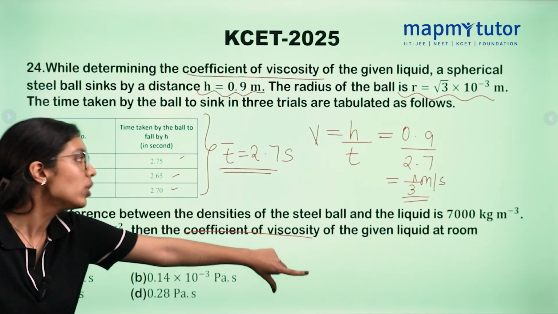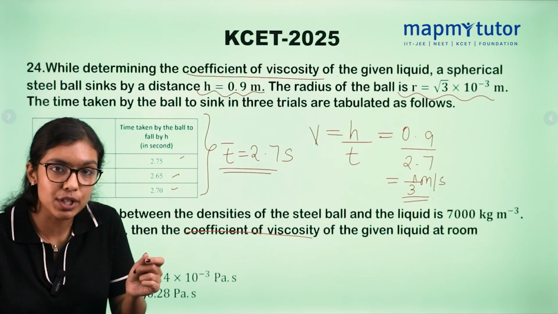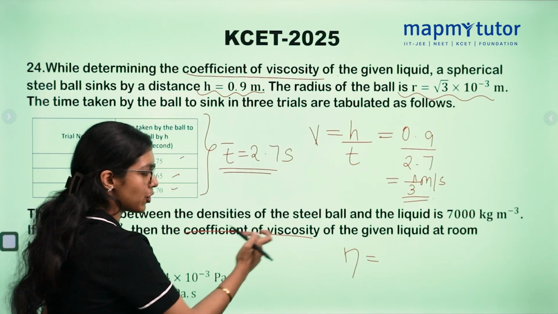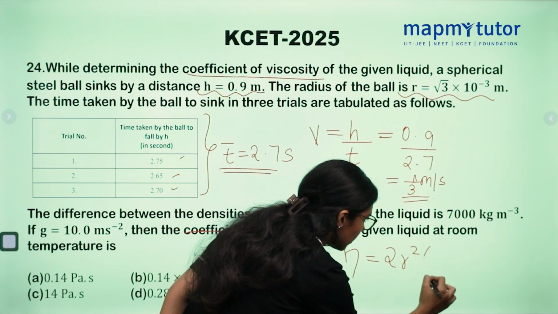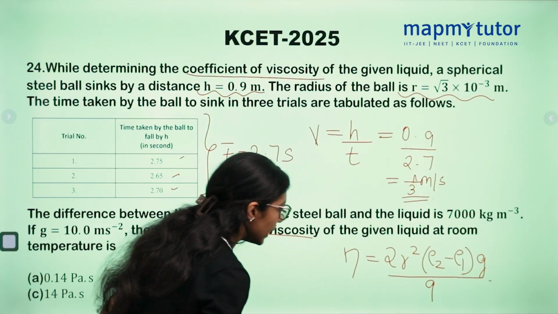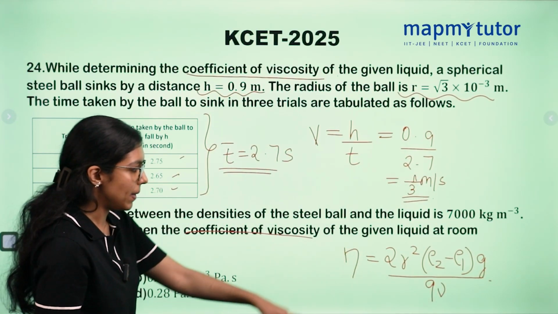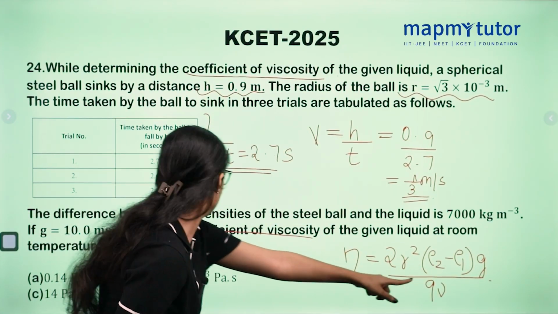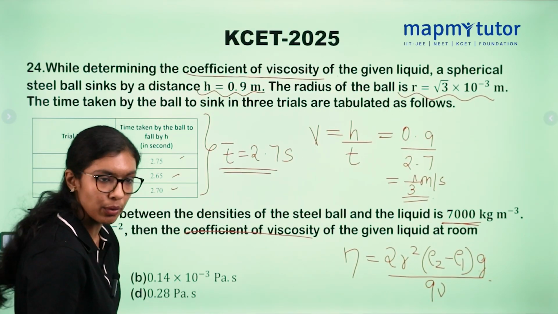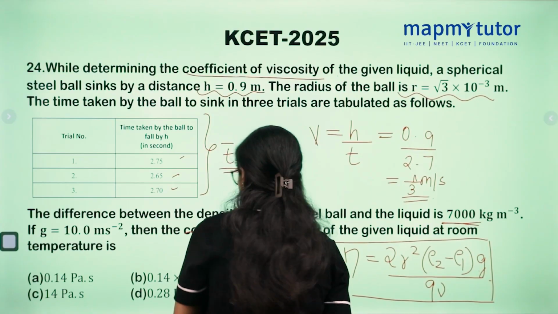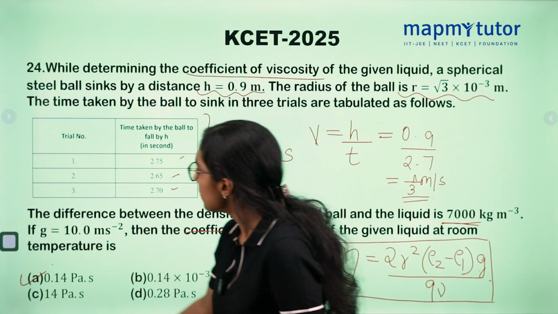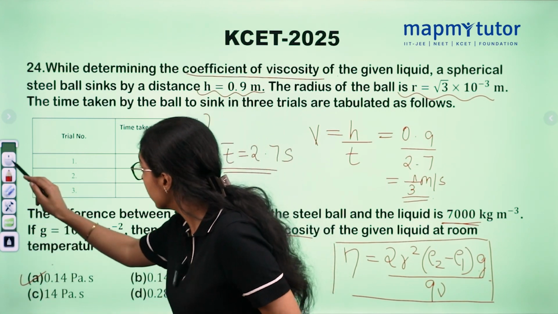Now we will apply Stokes' law. I won't be doing each and every substitution; you need to do that. I'll tell you the formula. So what is Stokes' law? If I need to find eta, which is the coefficient of viscosity, it will be 2r square, difference in density, into acceleration due to gravity, divided by 9 into the terminal velocity. Now see, everything is given. R is given to you. The difference in density is here. g is 10. V we just now found out. So just substitute the values. You will get your answer, which will come out to be 0.14 Pascal second. So this is a very simple question and every year they are asking. So learn it.